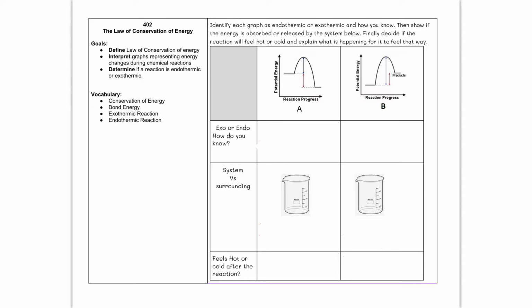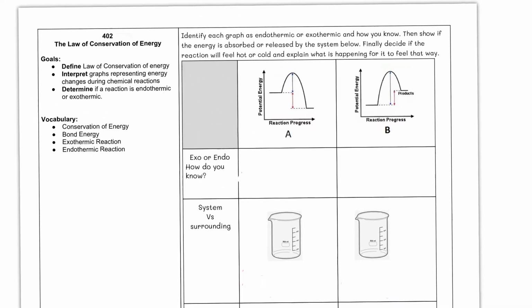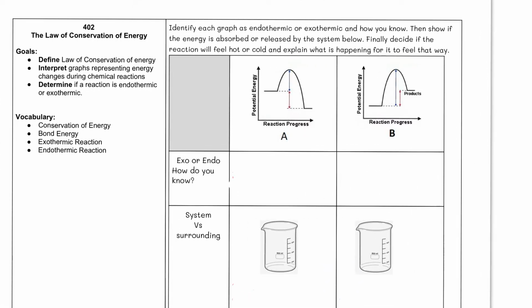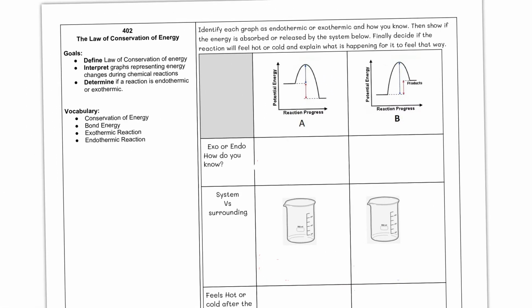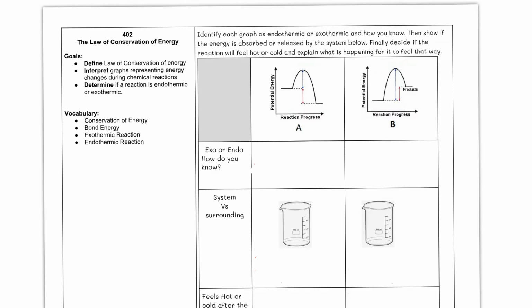In lesson 402, we talked about the law of conservation of energy. So in these questions, it says, identify each graph as endothermic or exothermic, and how do you know? Then show if the energy is absorbed or released by the system. Finally, decide if the reaction will feel hot or cold to the touch, and explain what is happening for it to feel that way. So for this first graph here,